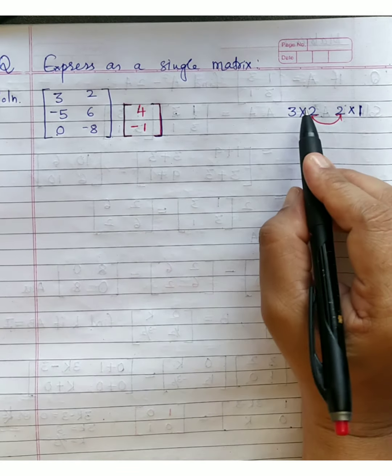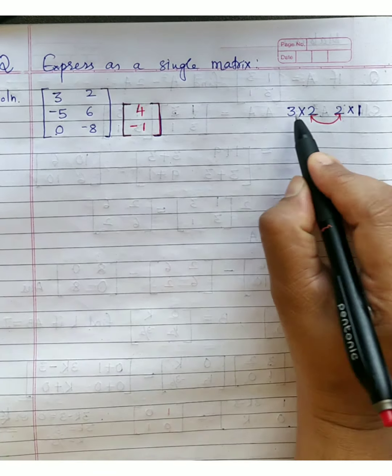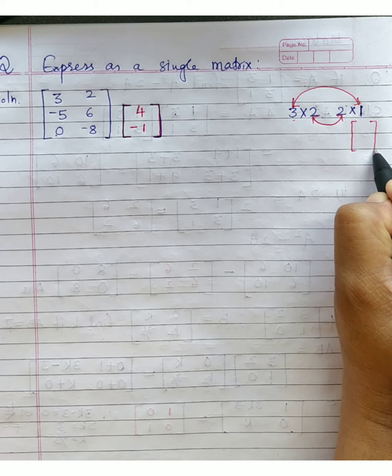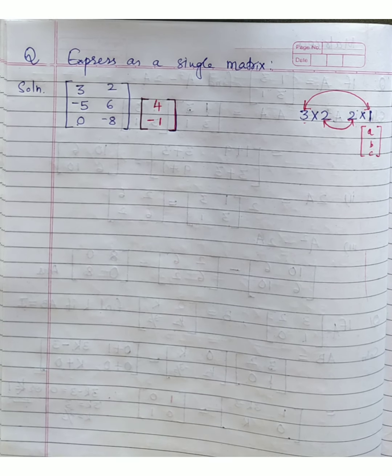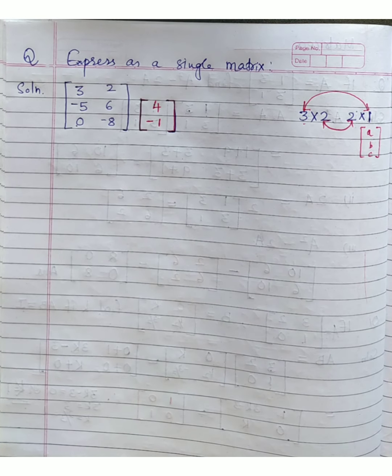The main thing I wanted to indicate here is to know the order of the resultant matrix, so that you have a clear-cut idea of where you are going to place the elements in the product matrix. So the order of the answer matrix you are going to have here is 3 by 1. 3 by 1 means how many rows will be there? 3. And column 1, so it's a column matrix. So how many elements will be there? Elements will be A, B, C.